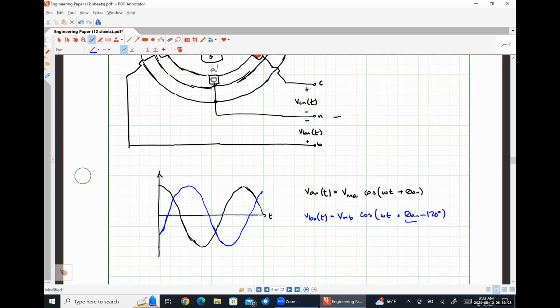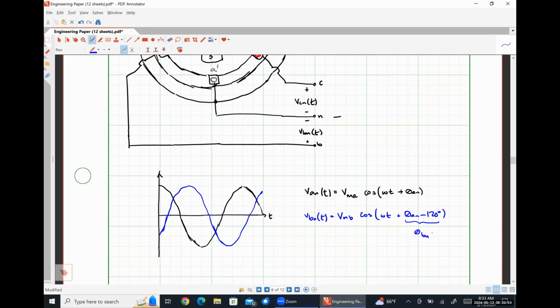And if we combine these two things into a single term, we might call this theta BN. So our B phase voltage is lagging our A phase voltage by exactly 120 degrees based on how our generator